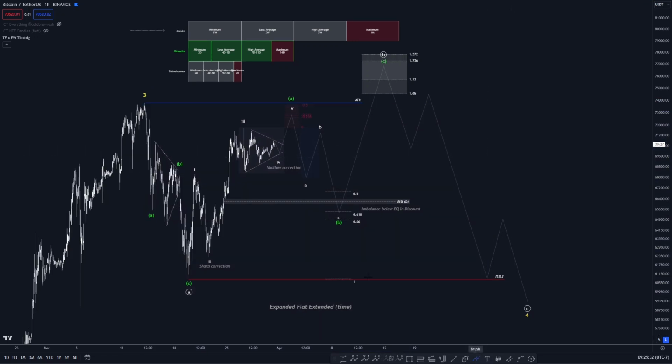Structure wise, there's that fractal 5-wave move right there. That 1, 2, 3, 4, 5. Either for an A wave or a wave 1. Afterwards, we're going to expect to retrace for an A, B, C, either for a B or a wave 2. After this, we're going to get a push up either for a wave C or a wave 3, where we greatly expand beyond the zone.